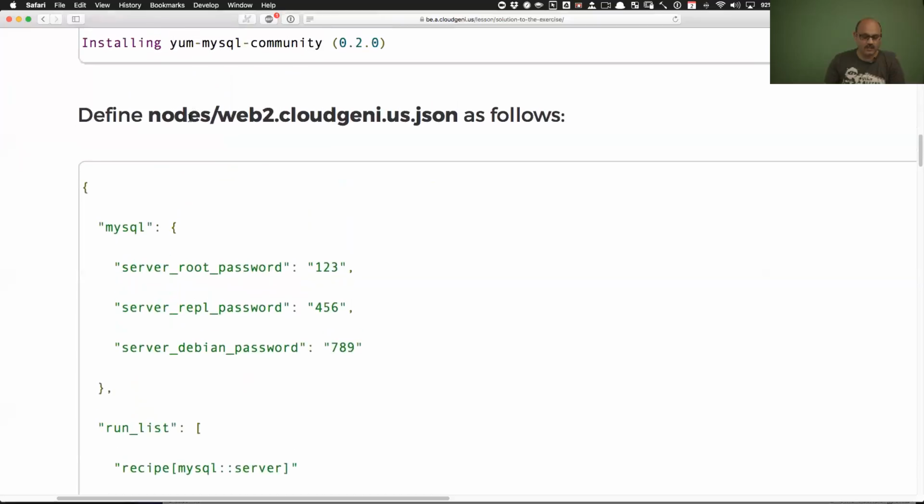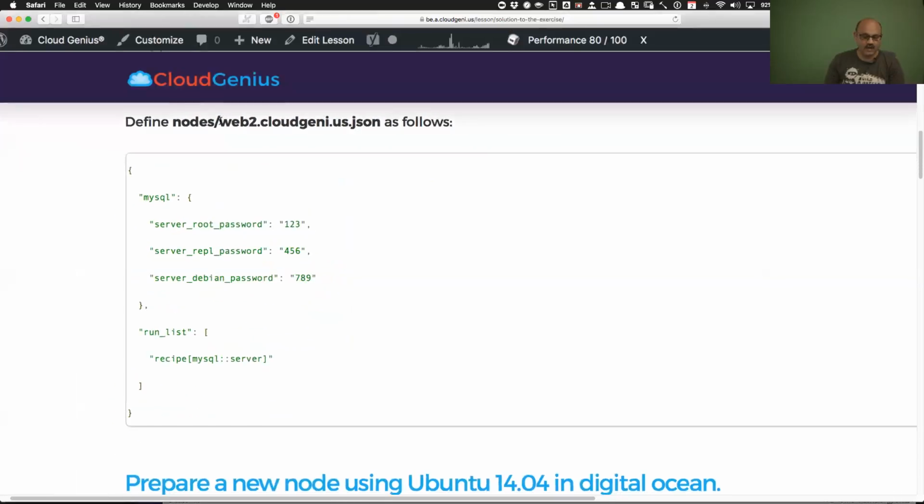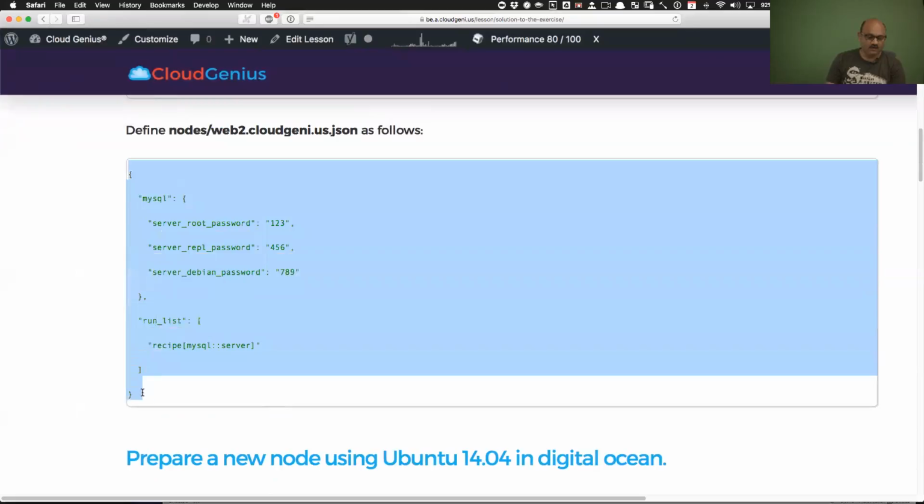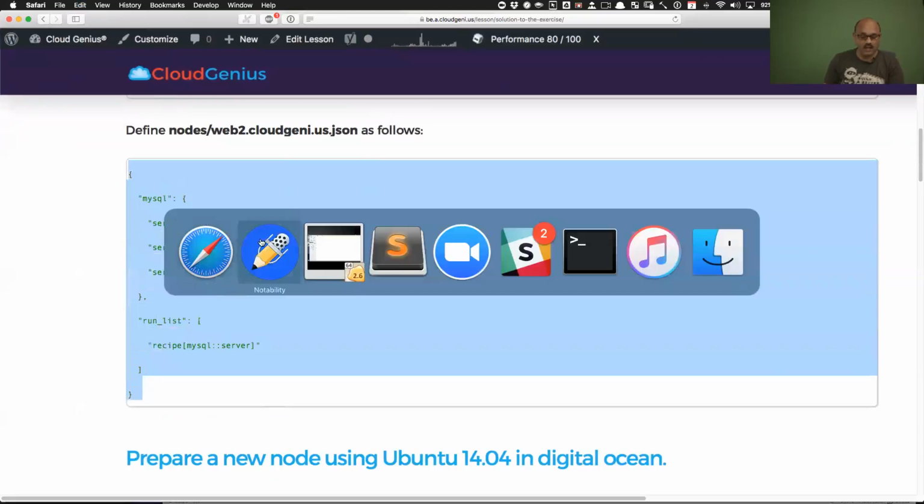And what that machine definition needs to do is provide a node JSON file that looks like this. So here is my node JSON that I would like to have in my web 2, but I'm using web